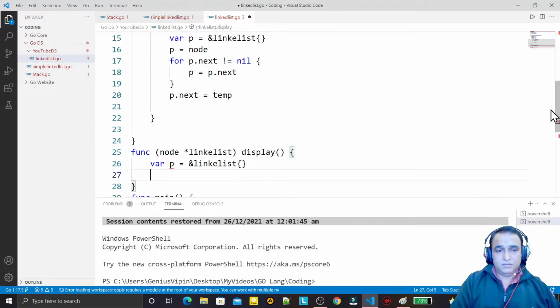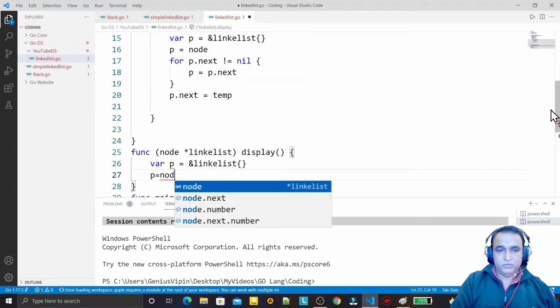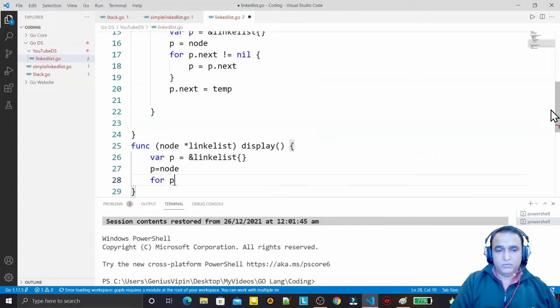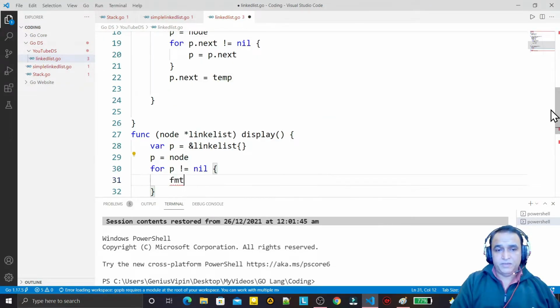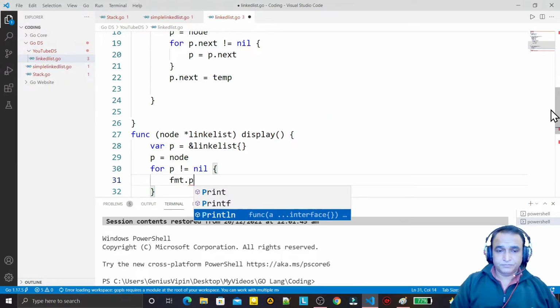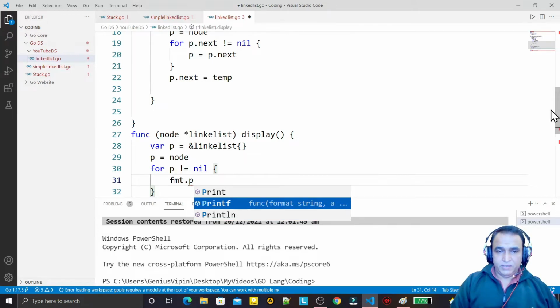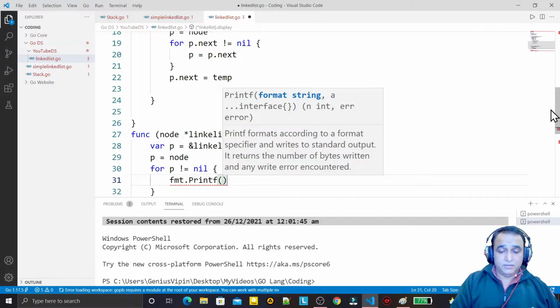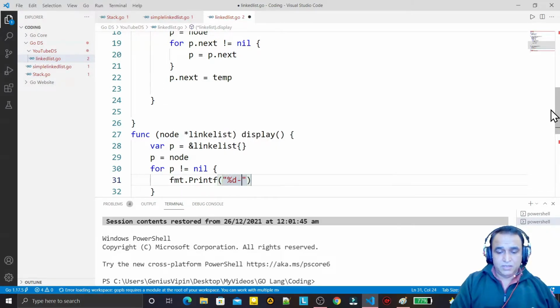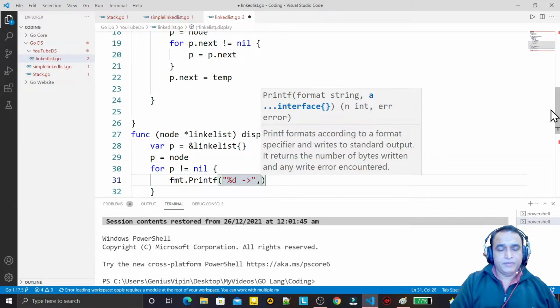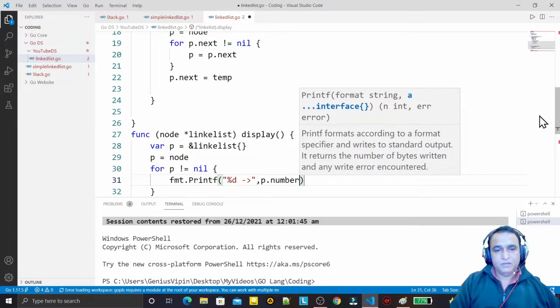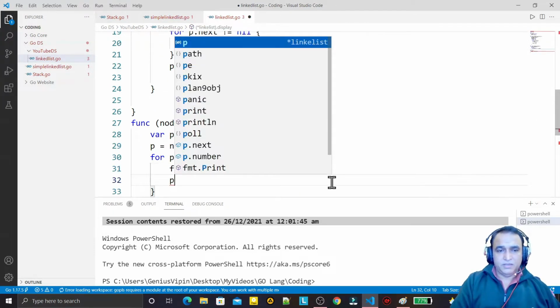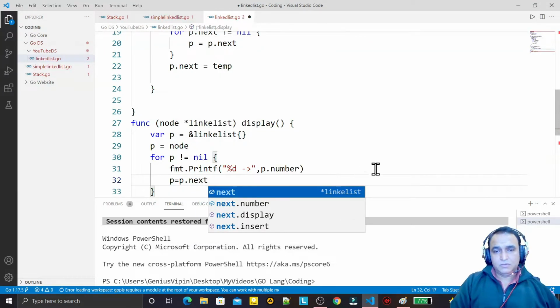and then I pass the address of node here. Then I start a for loop, p not equal to nil, then I have to display fmt.Println, or I can say Printf, and I say %d, and then I display this value of linked list, and I say p.number. And after displaying this, I move p to the next node like this,